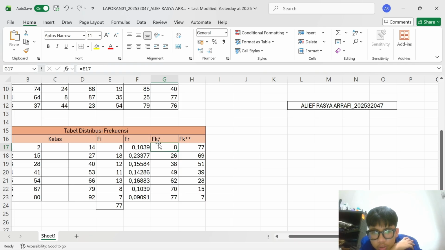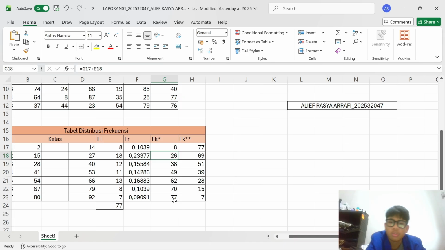The FK we get from the first frequency data, and then the next is equal to this plus this. The result is 26.